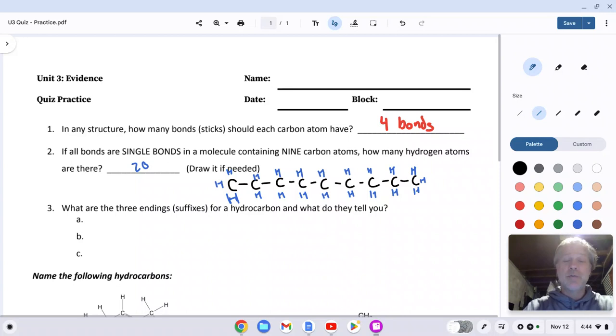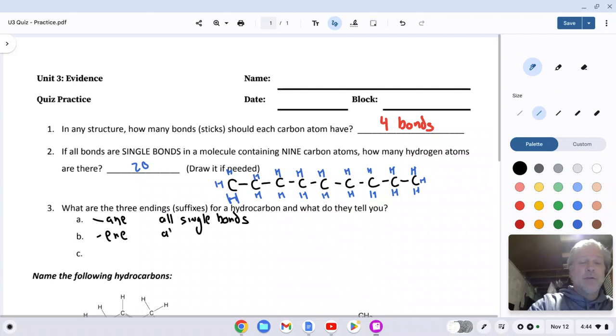The next question says, what are the 3 suffixes for a hydrocarbon, and what do they tell you? The first one you should remember is -ane, and it tells you all single bonds are present in the structure. The second one is -ene, and that tells you double bonds, or not all. Actually, that's not true at all. It tells you double bonds